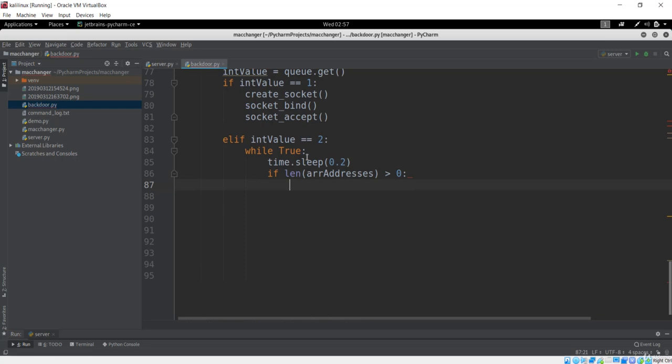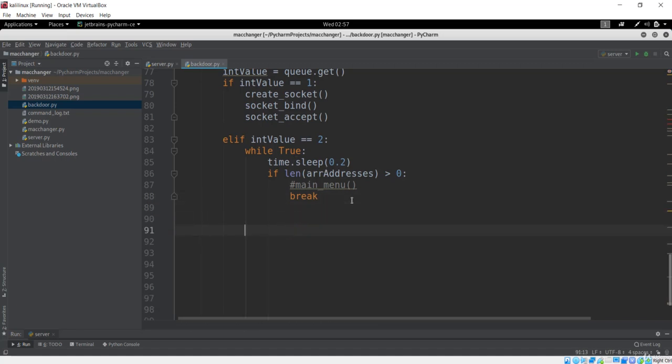So if there is at least one address, I'm going to break for now, but here we have to get some menu, which will be the menu of tasks that the user wants to do. For now I'll keep this commented out, but we have to implement this main menu. This will be your main menu, which should be called if there are any addresses, that is, we have to give the menu to the user and tell the user what they want to get. So basically we are doing this job.